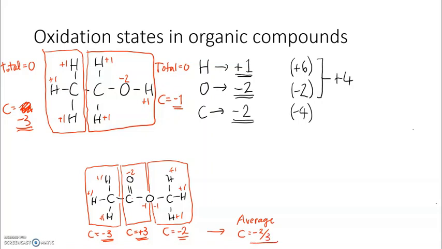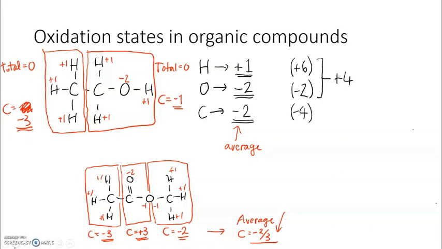And you can see that this works in the previous example as well. So the individual oxidation states of these two carbons are -3 and -1, and that, of course, averages out to -2. So if you use the first method of determining the oxidation number of carbon within this molecule, you would have gone straight to this particular figure here of -2/3. Okay,